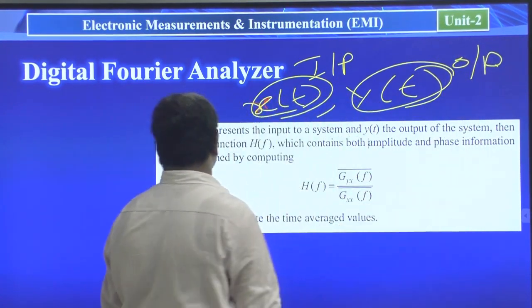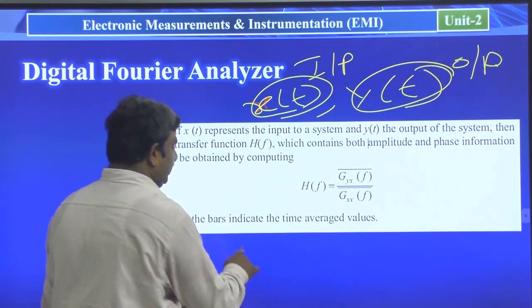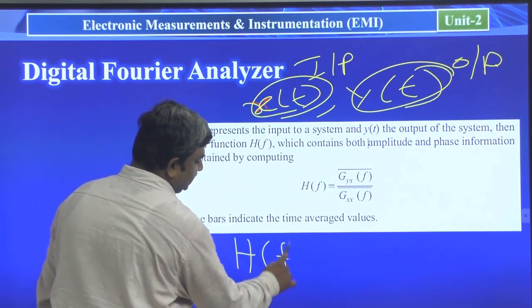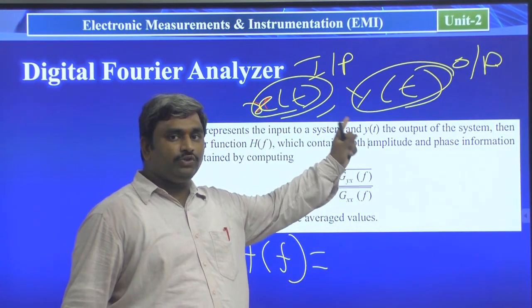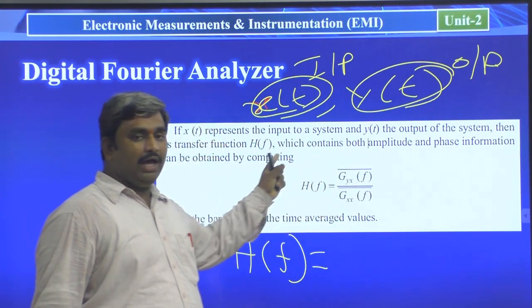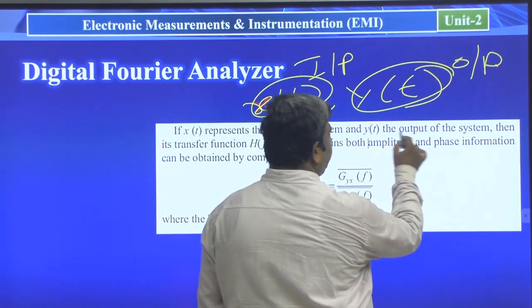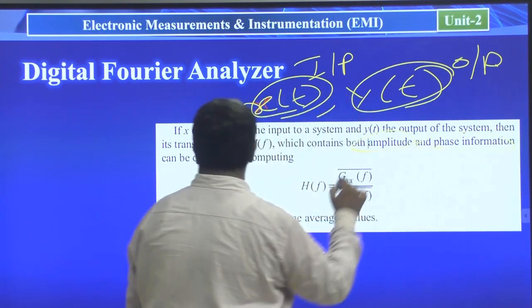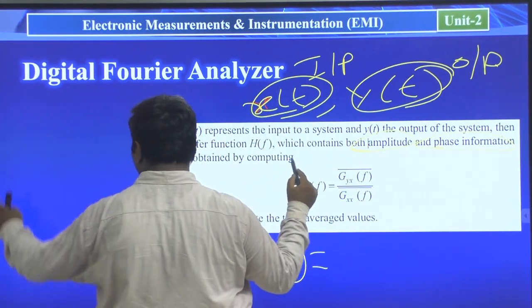Then it has a transfer function, that is H of f, which contains both amplitude and phase information, and it is computed by using this formula,